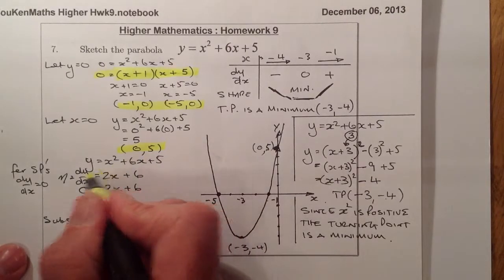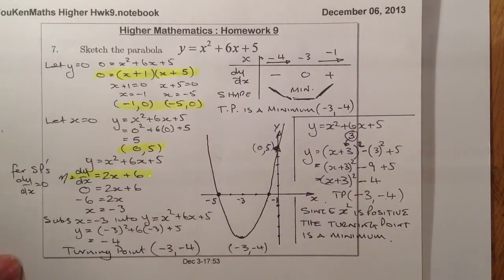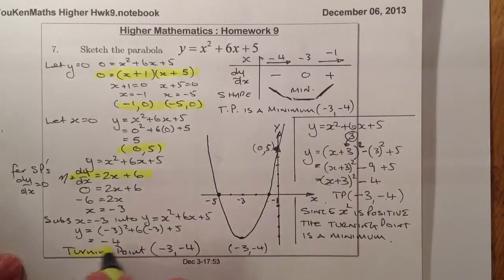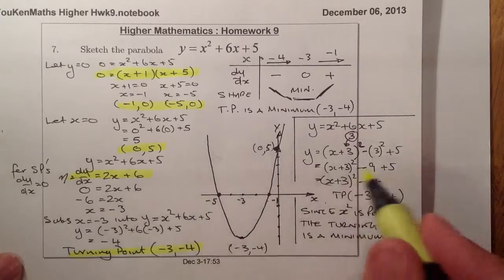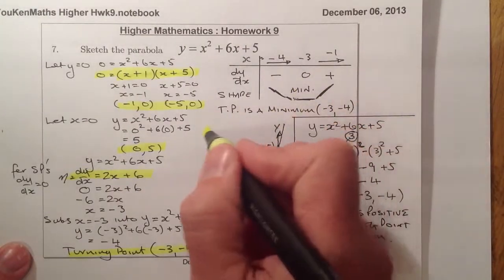I'm going to look for a mark for differentiation, so I'll get a mark for differentiating this correctly, and from there I'm just going to take a mark for getting the turning point correct there. And finally I'll get one more mark for